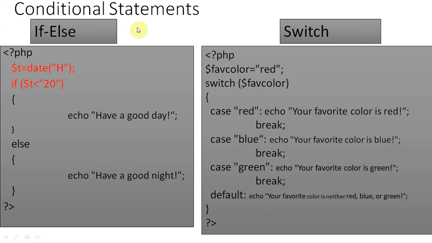So we have these control statements. Today I have talked about the basic control statements, the if conditional statement and the switch statement, as well as some arrays. Tomorrow we will discuss detailed array processing in PHP, as well as the different looping statements like while loop, do while loop and for loop.